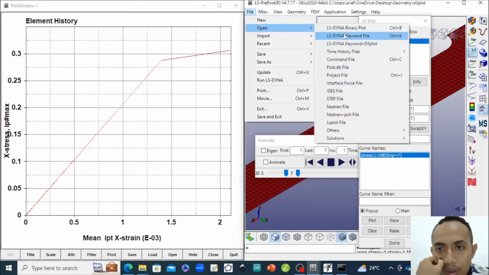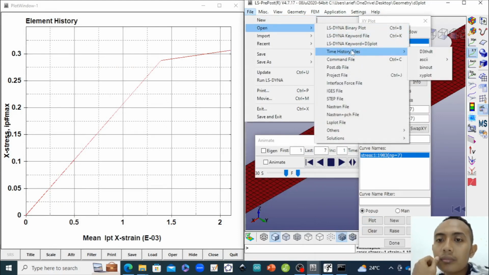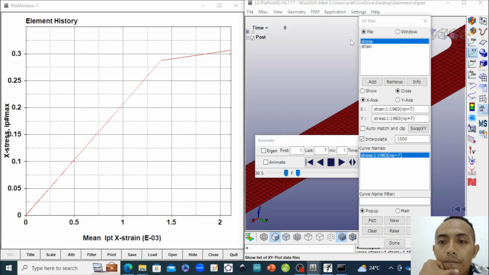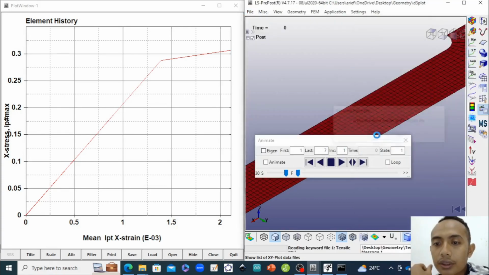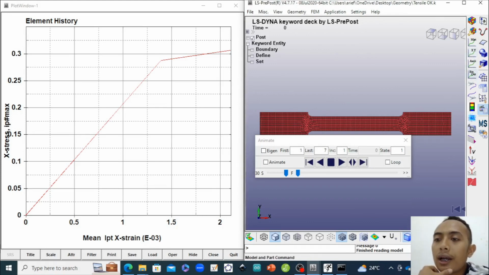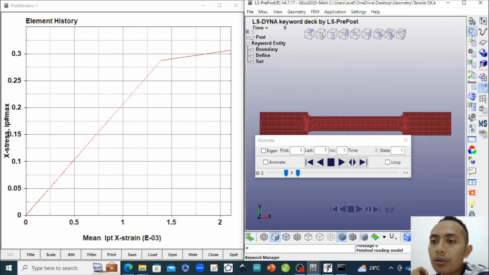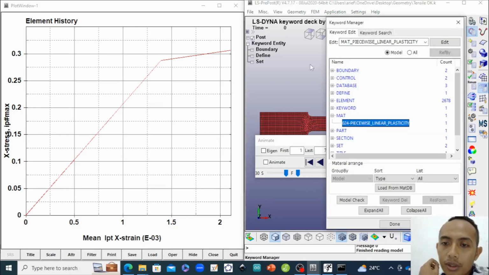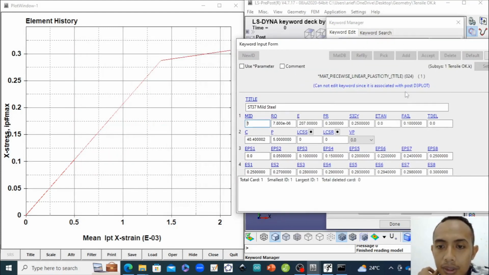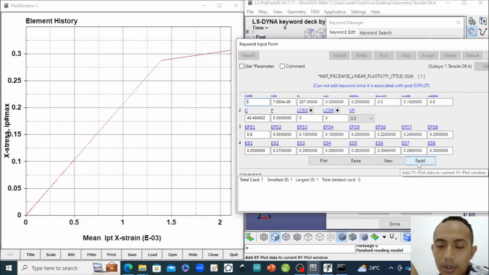We can open the K file, okay, the same, and go to the keyword and material, piecewise linear plasticity, and plot at means you plot it, overlay it on the previous graphic,